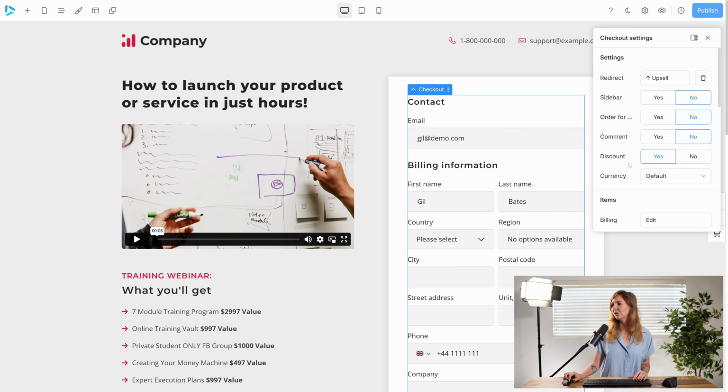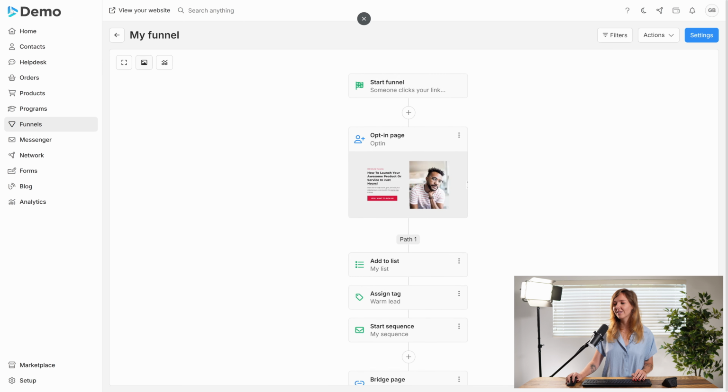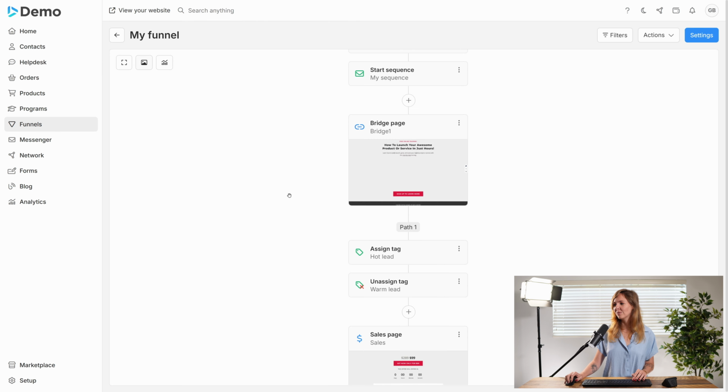And I'm not going to go into too much detail on the checkout module in this video, but you'll be able to play around with this and choose how you would like to customize your checkout module. All right, I'm going to go ahead. I have published this page. All right, so I'm going to navigate back to my funnel, and then I'm going to go down to my